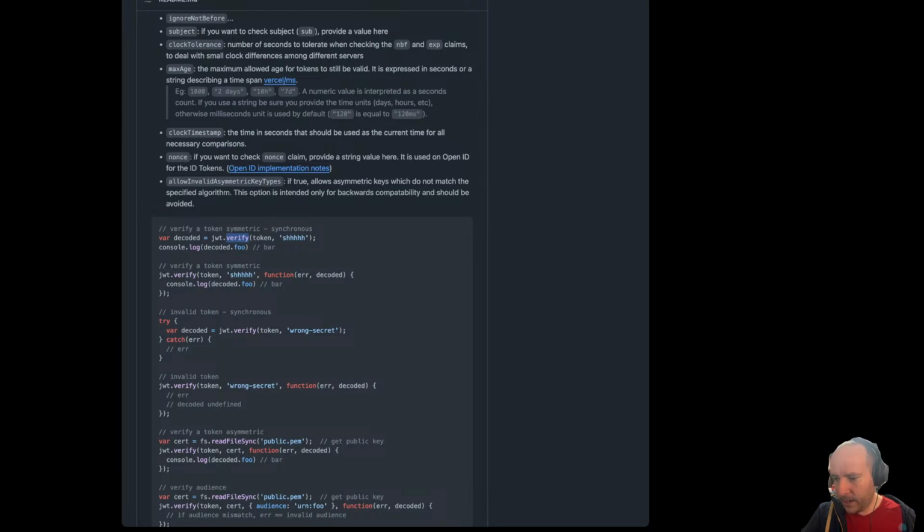Let's create an errors folder. So those are errors that will be shared. And then we'll touch auth error.ts,